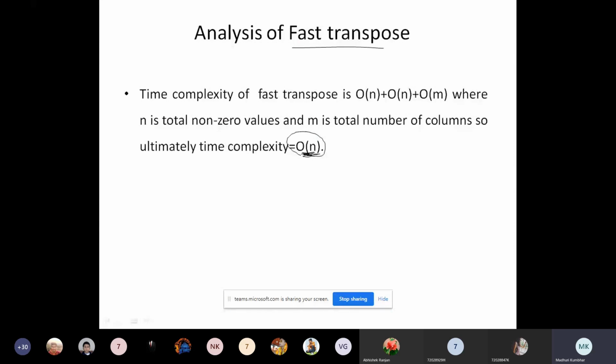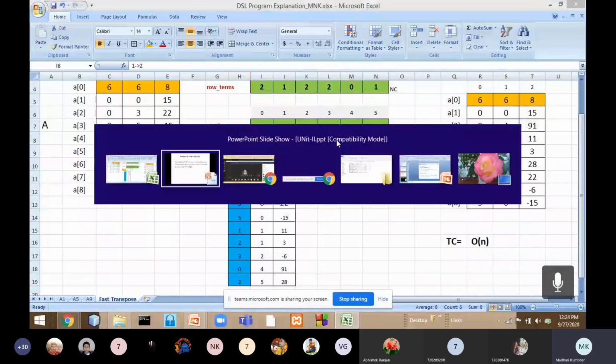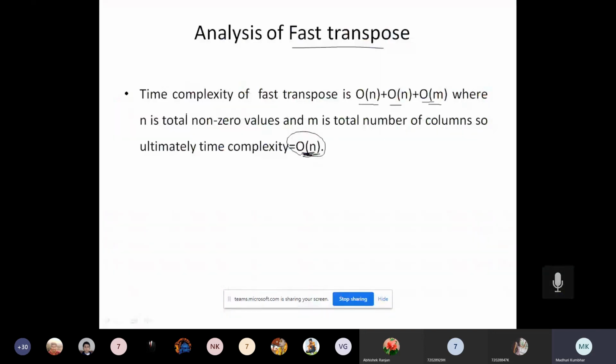Then what is the time complexity of this? Total number of Big O of n, Big O of n plus Big O of n plus Big O of m. Okay, what is that? Total number of, like, Excel sheet में देखोगे आप. What is the size required for this? Total number of non-zero elements. Again, total number of non-zero elements and this m. This is 2m, so generally we will ignore the constants. Okay, so if we add this total non-zero elements and total number of m, why is it total number